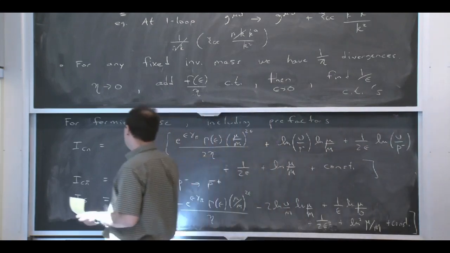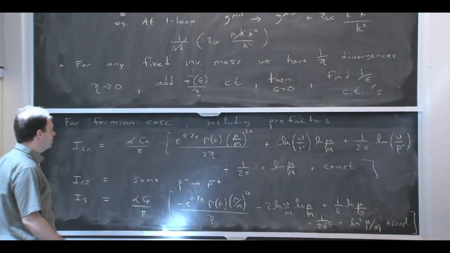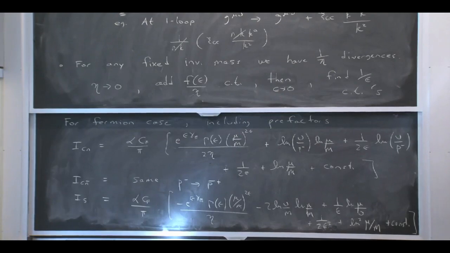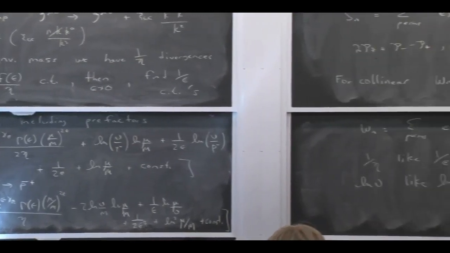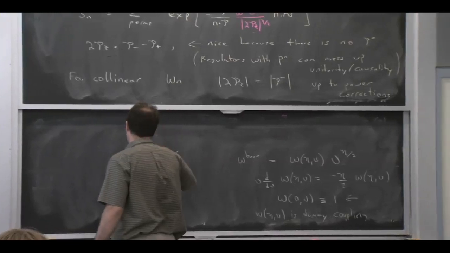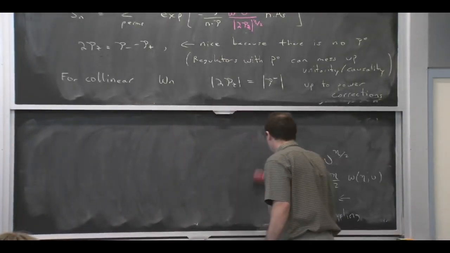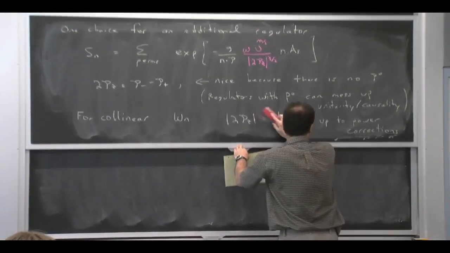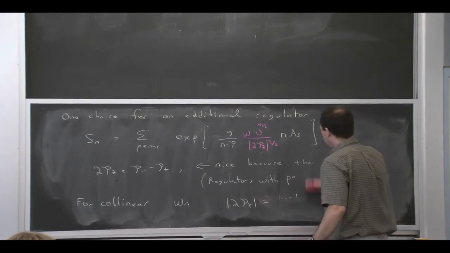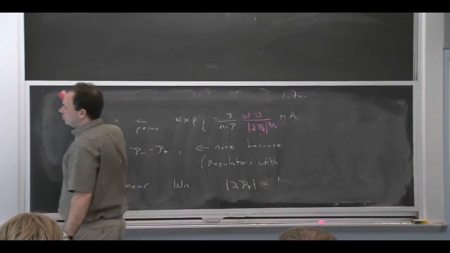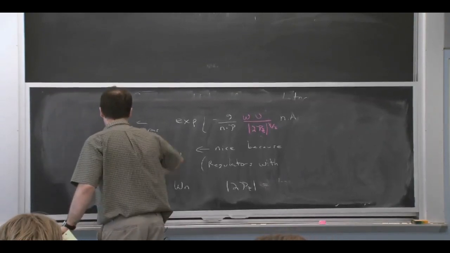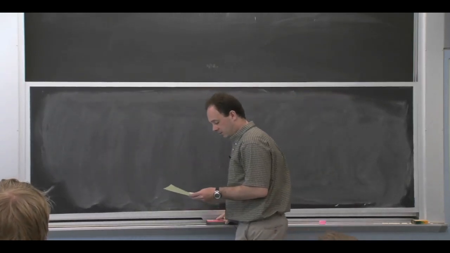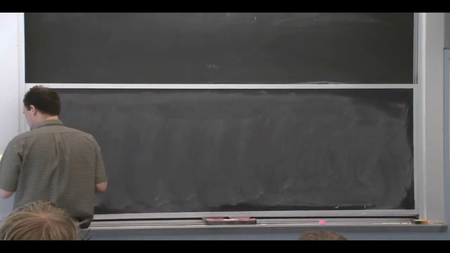And so you could think about adding them up. And what happens when you add them up is you have 1 over 2 eta, 1 over 2 eta, minus 1 over eta. And so the 1 over eta poles cancel. And that's exactly what you'd expect, because in the full theory, the eta was something we introduced in order to distinguish these effective theory modes. It wasn't something that was there or needed for the full theory integral. And so you'd expect that there's a corresponding regulator between the two sectors, so that when you add them together, the dependence on that parameter cancels away, because it's just an artificial separation, if you like, that we're doing. So if I add them up,